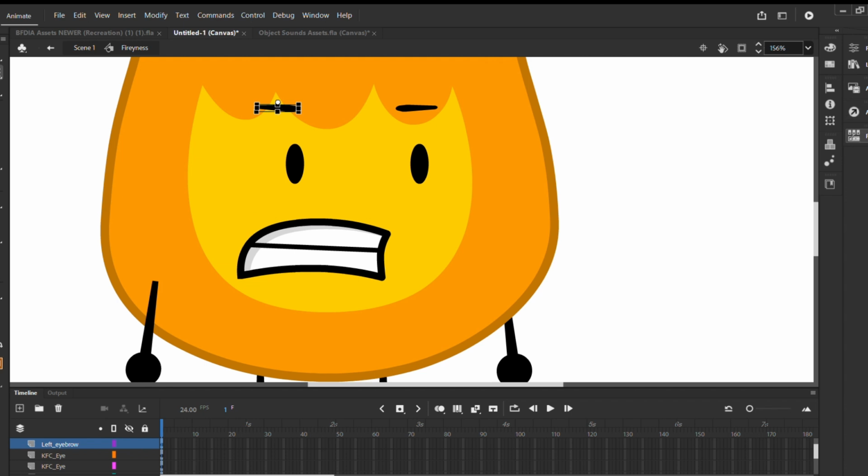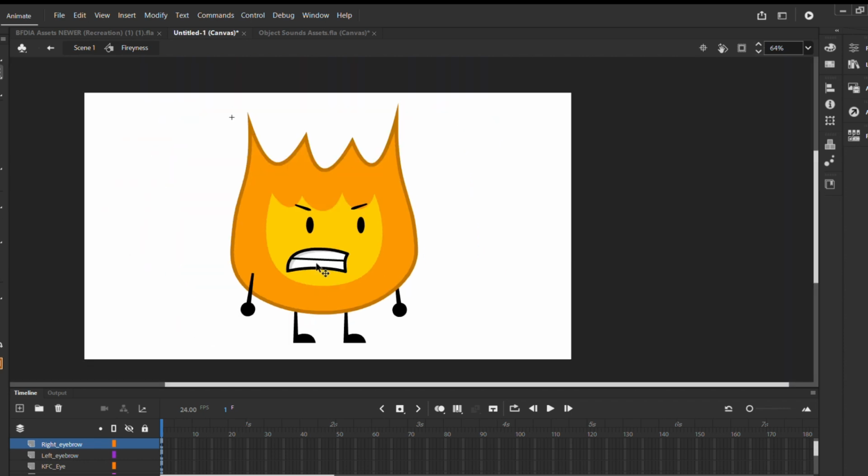I can change this eyebrow to this one, this one, this one. I can even 1, 2, 3, 4, 5, 6, 7. You want to make sure they're both the exact same. So now I can